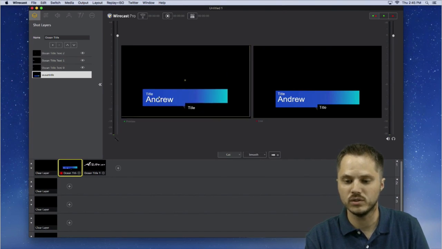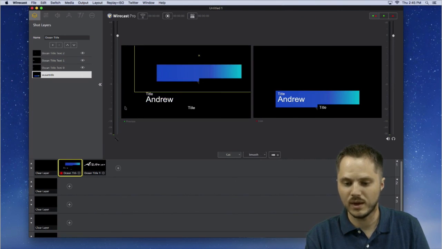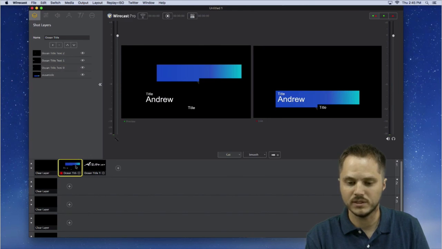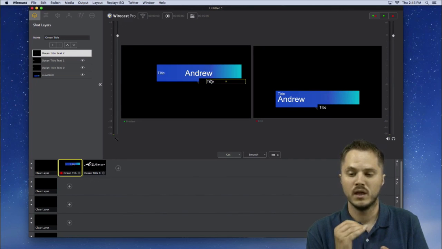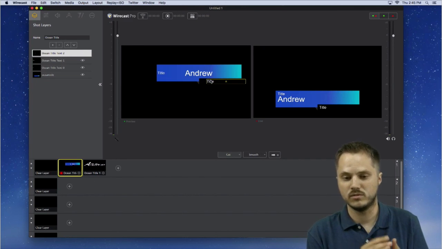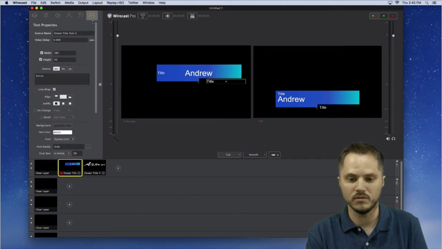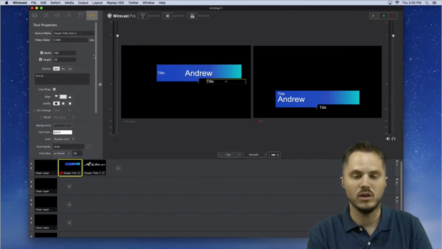So all I can really do is change the position and the scale of it, and I can do that without affecting the live shot. But that's also true of the text. So if I change the position of that, that's not going to affect the live window. It's only the text properties, i.e. the text or font size, the font text color. I mean, all of this down here, anything that you change in this tab here is all live.